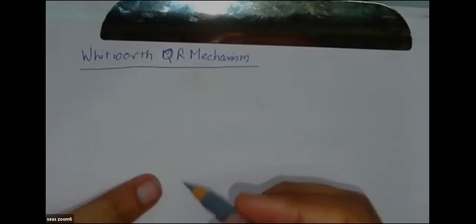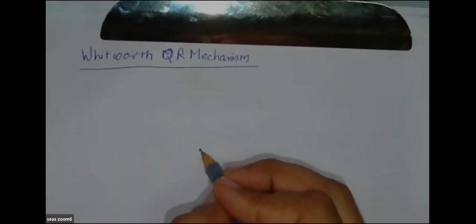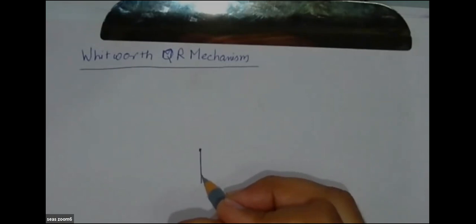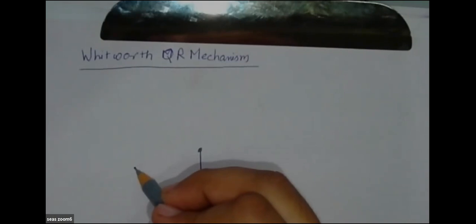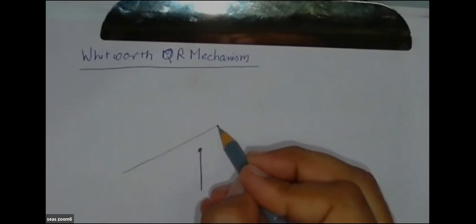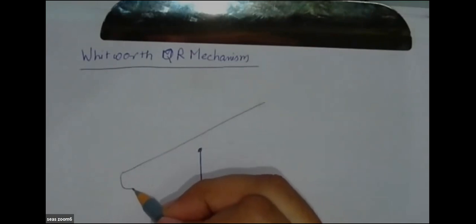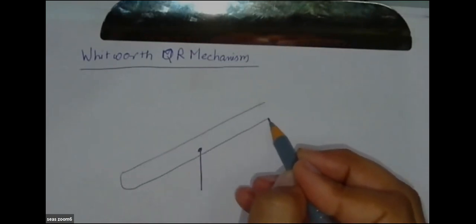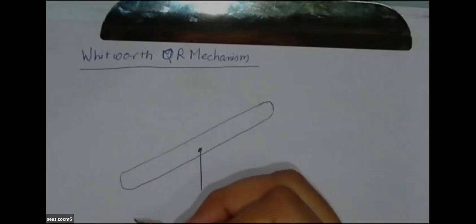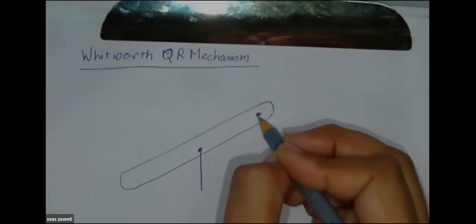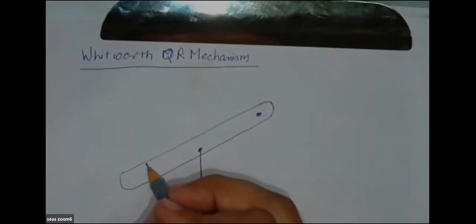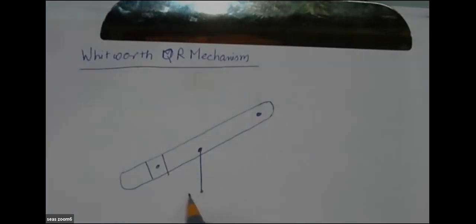And that is why here also we have got two centers, and in this center this is a lever which is not slotted. In the previous case there was a slotted lever, here this is not slotted, and there are 2 points on this lever. One point remains connected to this fixed point, and this is called crank.